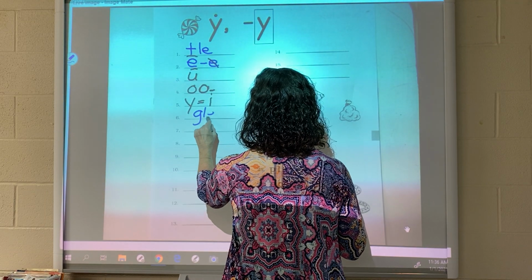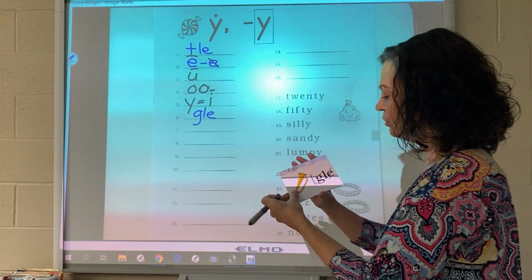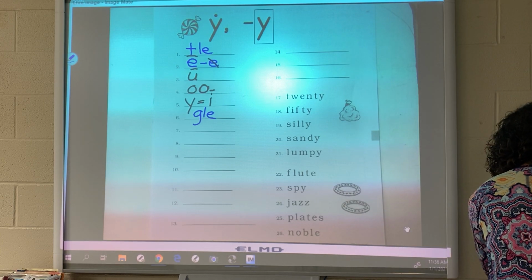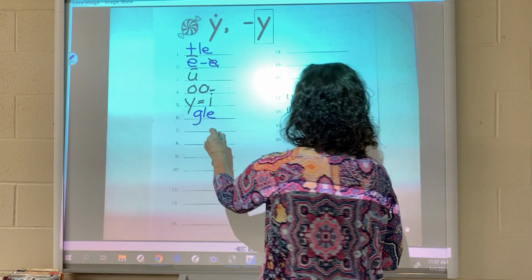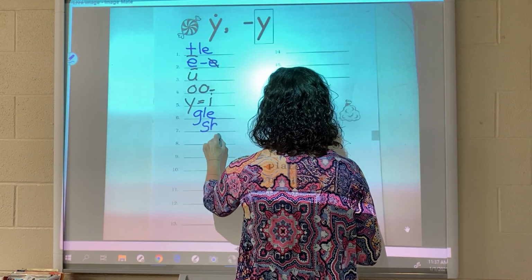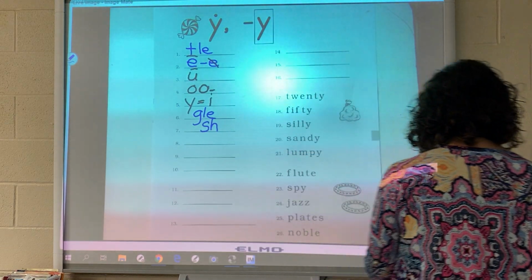G-L-E, that is a final stable syllable. Gull. Sh, as in shark. And then we have,